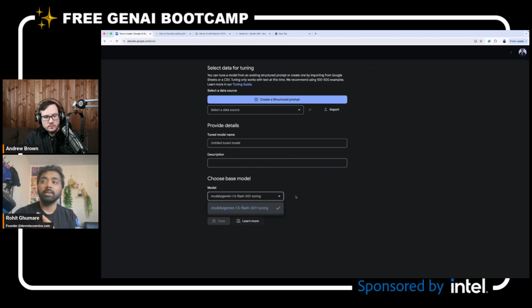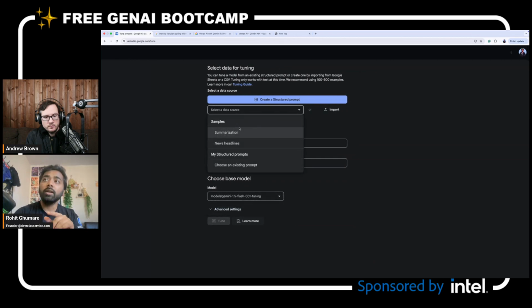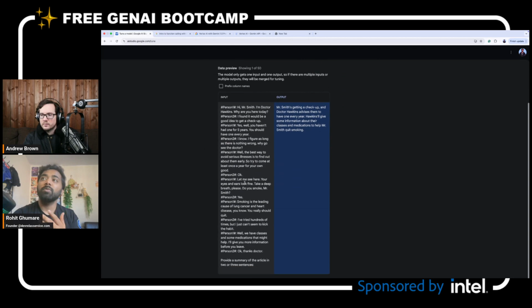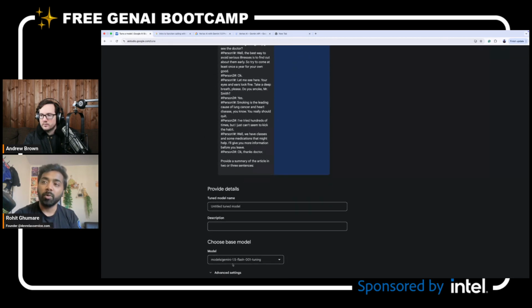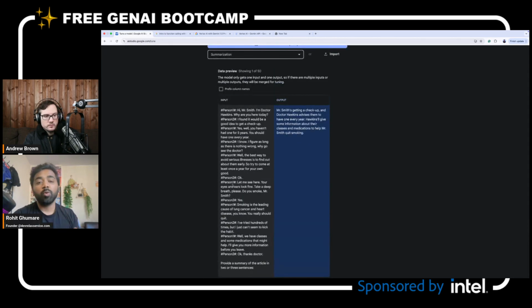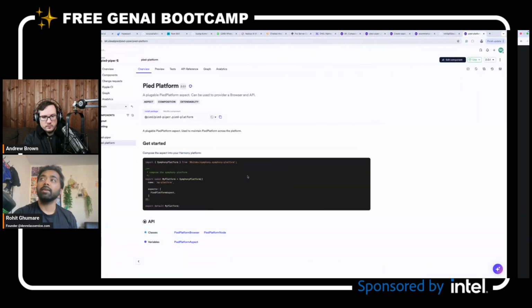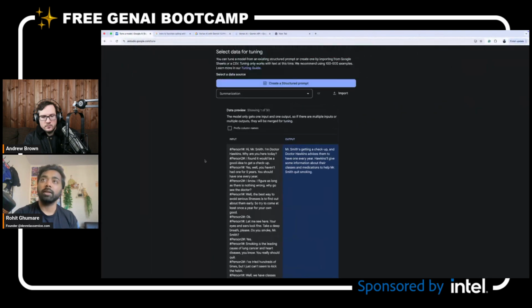Now we're talking about Flash tuning, but you can actually use news headlines, then choose any existing prompt you have, or this is a summarization one. This will use your data to tune a model which will only focus on summarization of anything you want, like fetching a lot of data and simply summarizing everything.